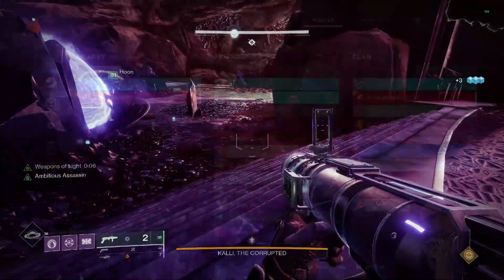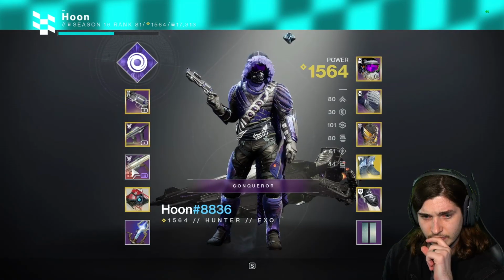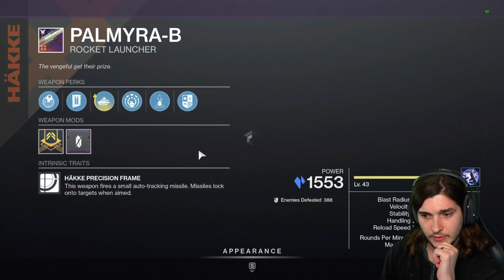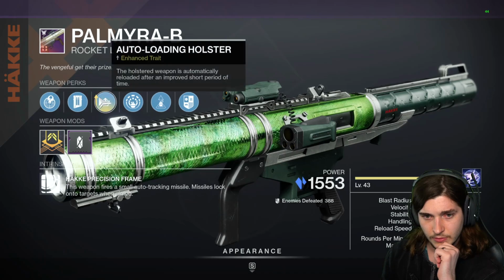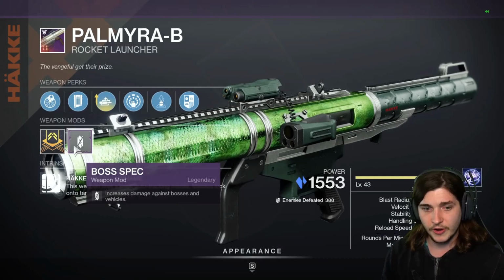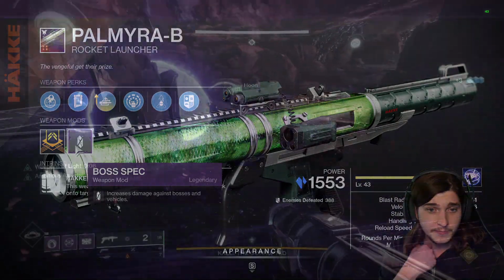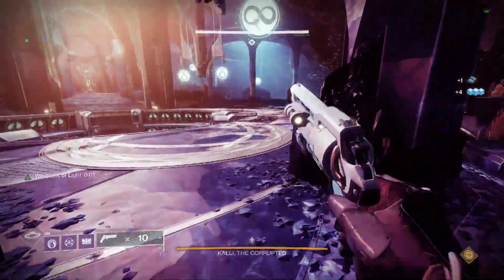So just as a baseline, all tests were done on the same Palmyra-B, and all of the perks remained exactly the same other than explosive light and lasting impressions. This rocket had boss spec on it for that buff, and it also had impact casing for that buff. And we also wanted to test all of these things with and without the presence of the Gallowhorn buffed Wolfpack rounds that your rocket can spawn, because you should always be using that regardless, but it's good to know these